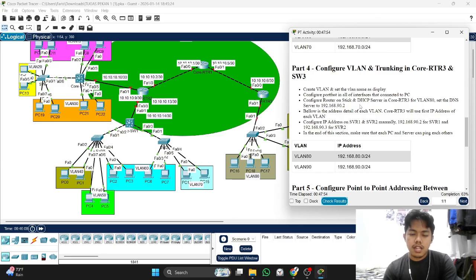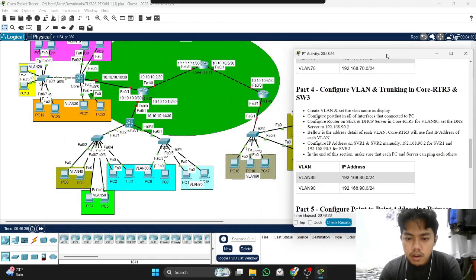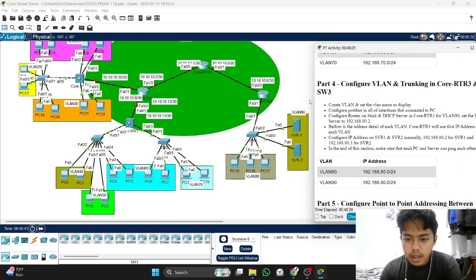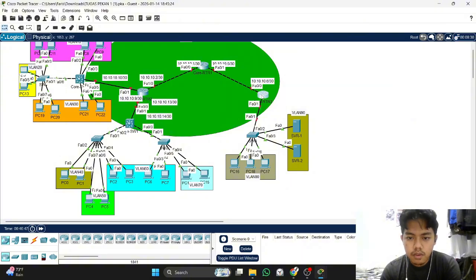So the router on a stick is like SVI, but there is a big difference because we configure on the router, not the MLS. But the system is the same. The steps logically are the same. Now, for this part, we configure the DHCP for VLAN 18 and VLAN 19 manually. Okay, start from the router.